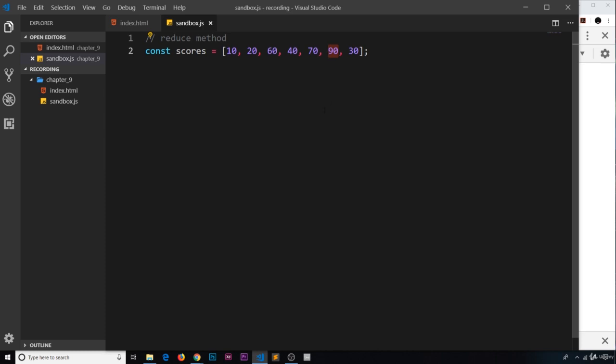So the reduce method still iterates an array and it performs a callback function on each item in the array, but it doesn't necessarily return an updated array at the end of it. It just returns any value that you want based on this original array and the values in it. So let's do an example based on these scores. Let's use the reduce method to return a number, and that number is going to be how many scores are